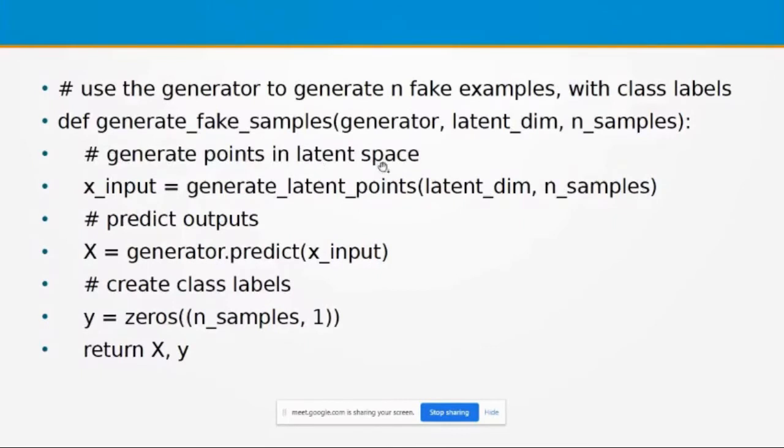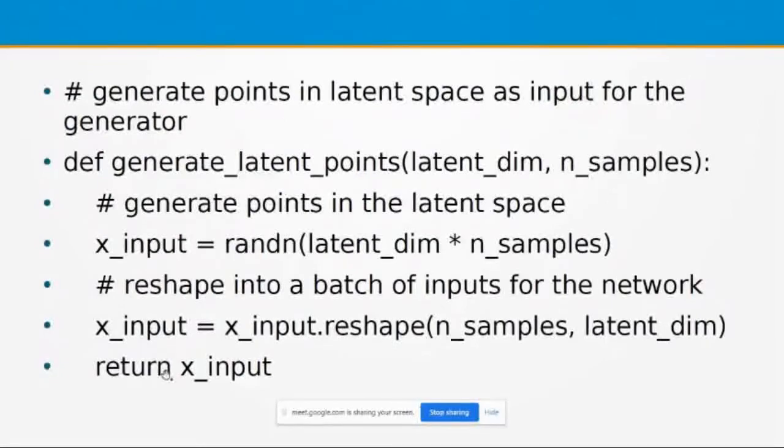Then generate points in the latent space. First of all, we have to generate points for the latent space, and for that we can call our previous user-defined function generate latent points with the parameters latent dimension comma number of samples. This is the output there, X input reshaped, that is n samples comma latent dimension.